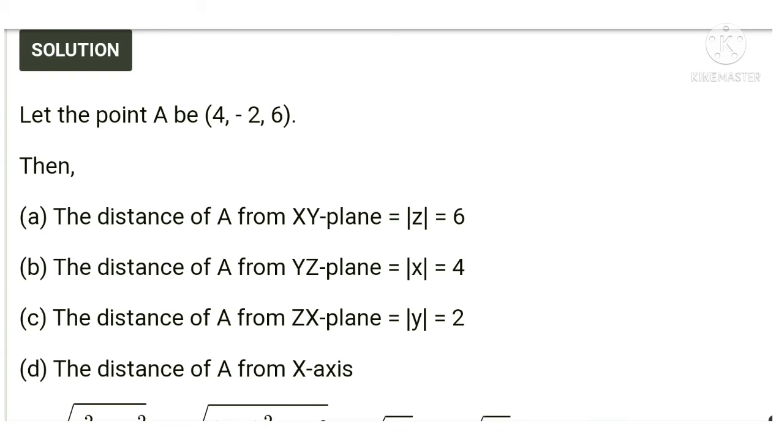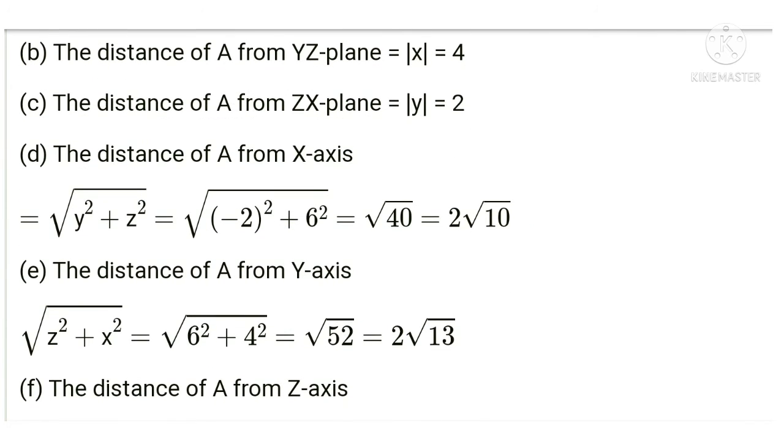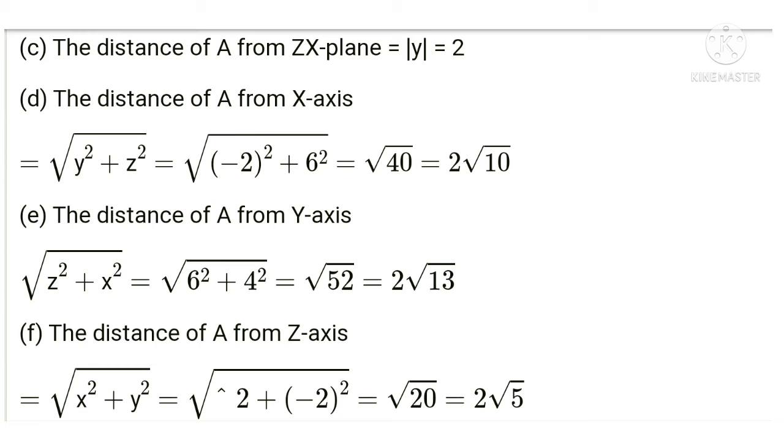Hence we find the distance of point A from the xy plane, yz plane, xz plane, and similarly from the x axis, y axis and z axis. Okay,